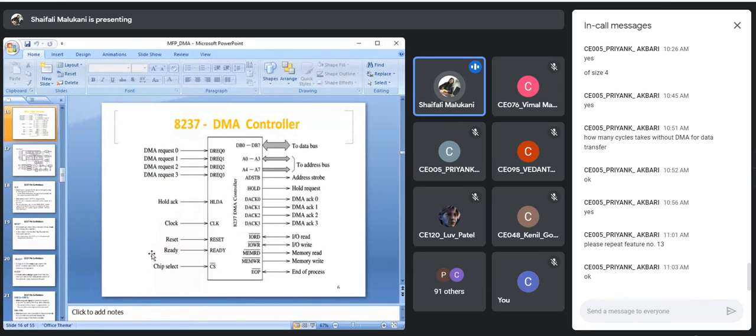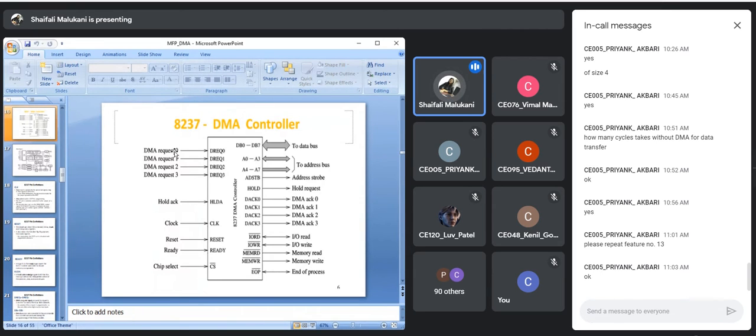So you can have extension in the write as well, and that feature is also provided by 8237. Ready can help you, as well as that software feature can help you in that. So that depends on how you are programming it. We will see that software feature as well. So we have that option, that we can compress the cycle, we can extend the cycles in the software. Also we can use ready for having compatibility with the IOs.